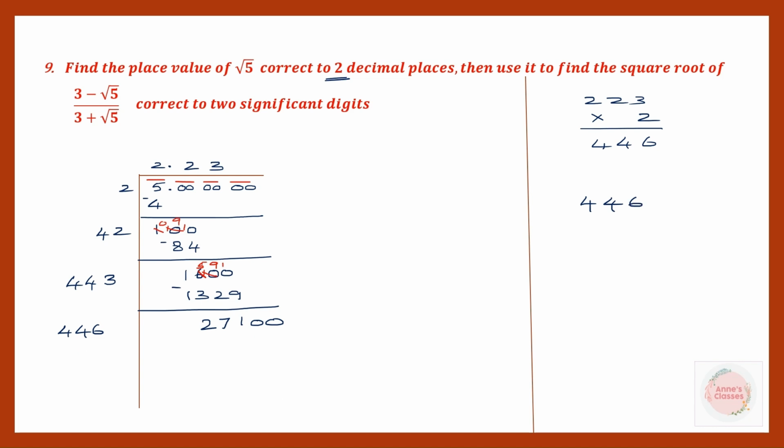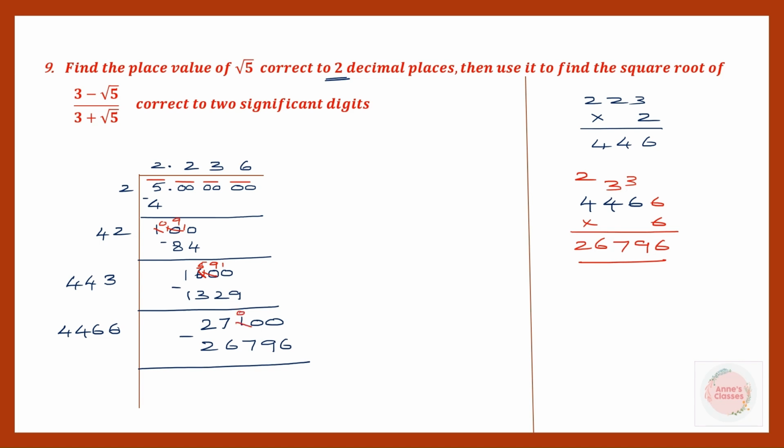So let's take this number 446. Let's put 6 next to it and multiply and see what we get. 6 sixes are 36, carry 3. Again 6 sixes are 36 plus 3 is 39. Carry 3, 6 fours are 24 plus 3 is 27. Carry 2, 6 fours are 24, 25, 26. So let's write this number here. So that means next to 446 we have to put the digit 6. So let's write that. So this now becomes 4,466 into 6. So that is 26,796 minus,